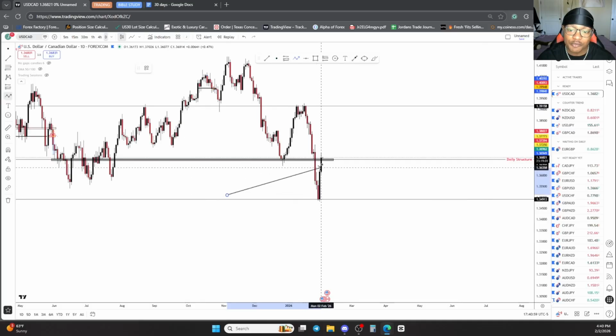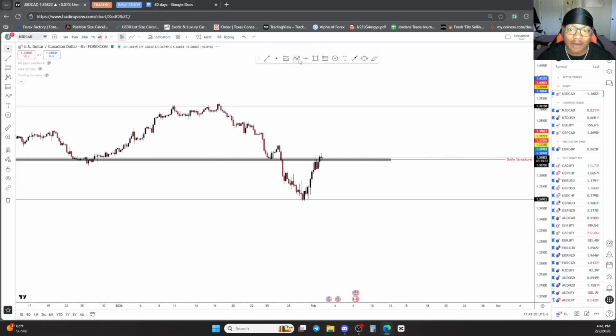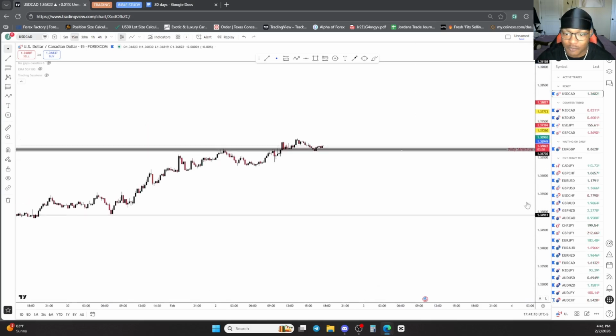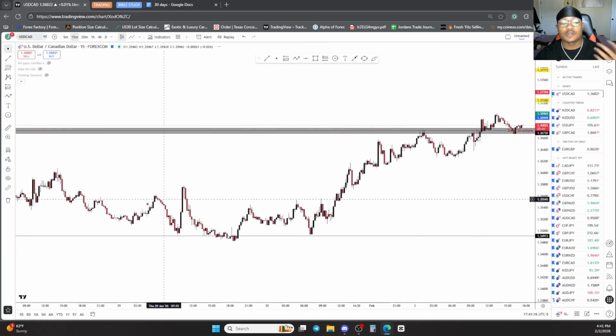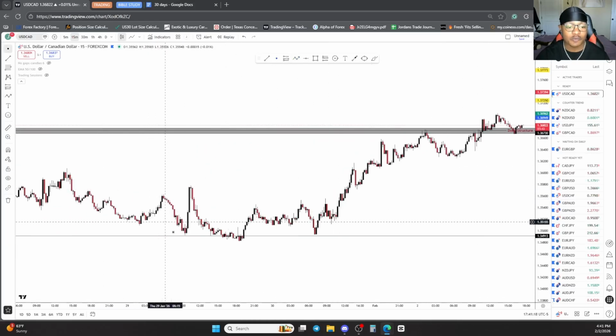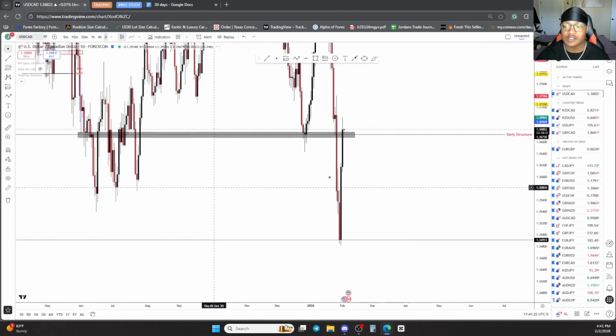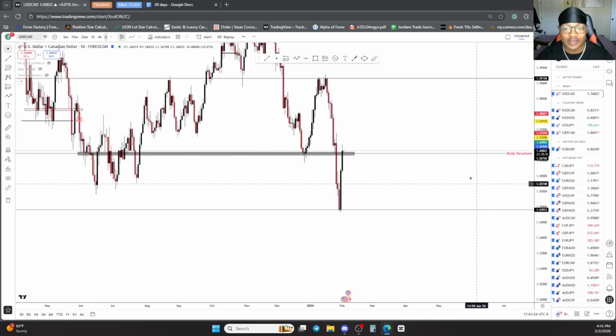We see the daily perform the retest of its own structure, but most importantly, it allowed us to pull back into this 4-hour zone. Now, what I'm waiting on is simply for this 15-minute time frame to go back bearish, which we're doing now. If you don't know, the lower time frame has to go from this bearish to bullish trend to allow these higher time frames to perform the break and retest.